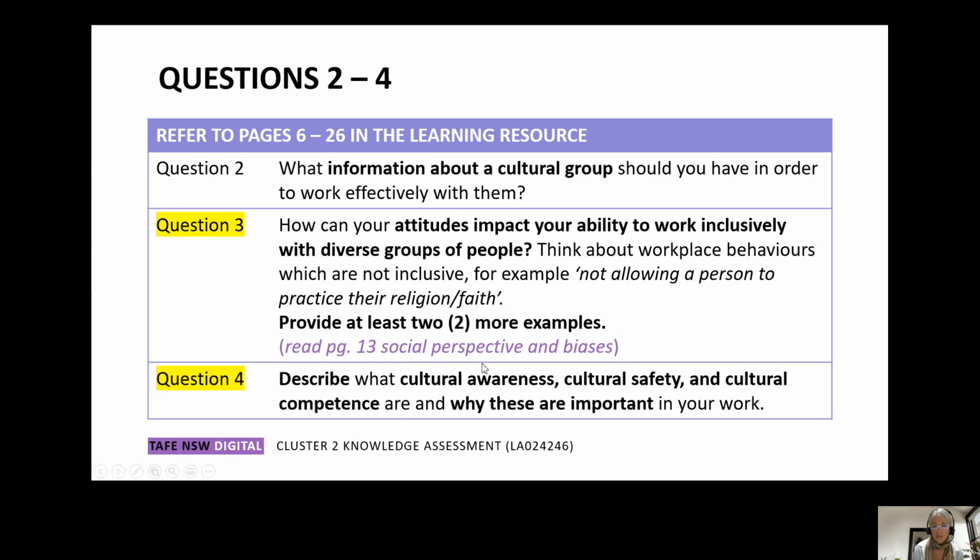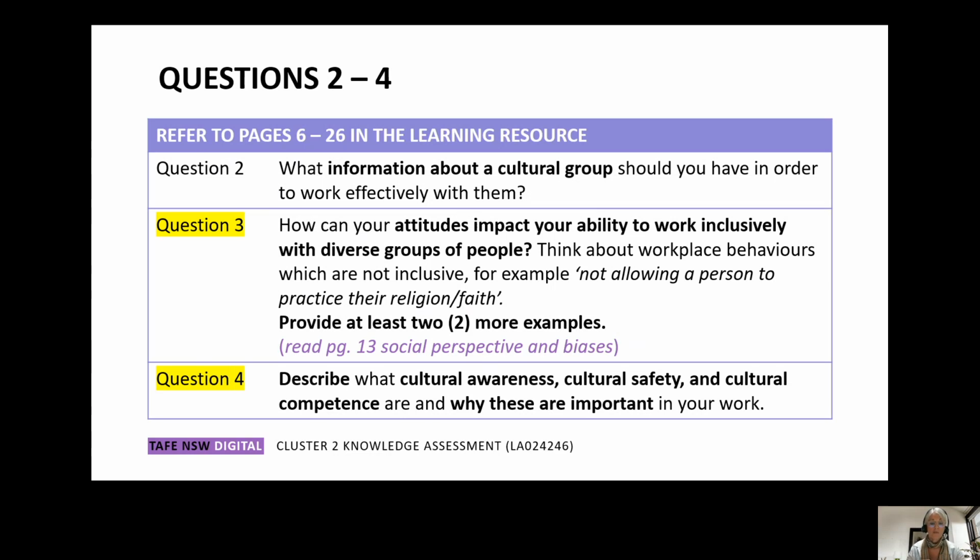Now, it's wanting you to discuss social perspective and biases. And if you read the case study on page 13, you are going to find the information you need to answer this question. Okay. And so you're going to be